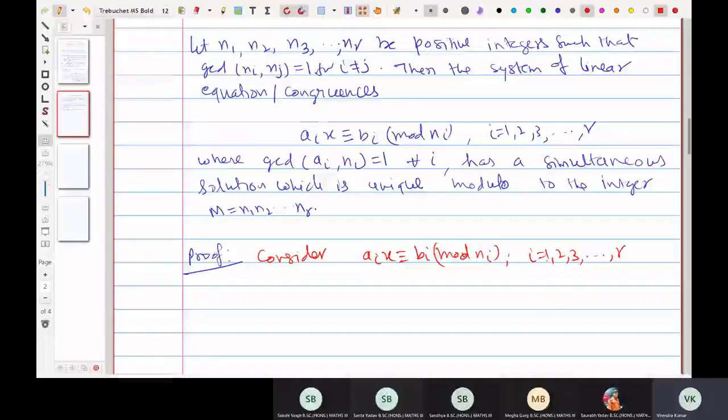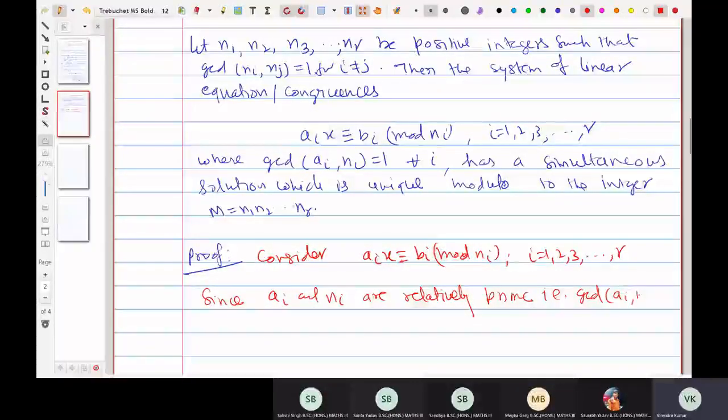So here, considering these r equations, since a_i and n_i are relatively prime, that is, the greatest common divisor of a_i and n_i equals 1,